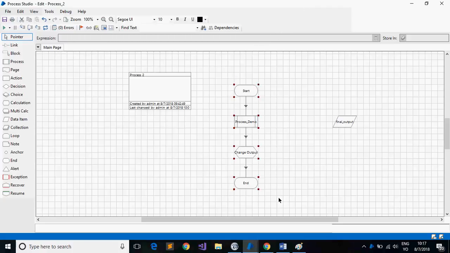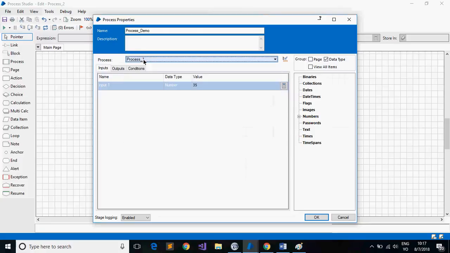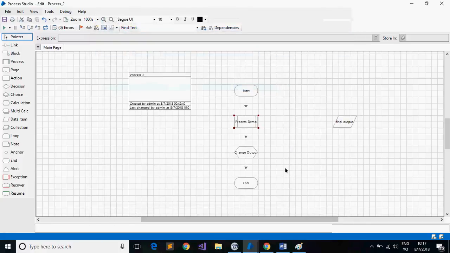Okay. So if you want to understand how exactly this page is working, because this process demo is internally calling process 1, but we could not see the execution of process 1 visually, right? It just executed, and we got a final output of 60. We could not know what happened behind the scene. So to understand what happens inside,